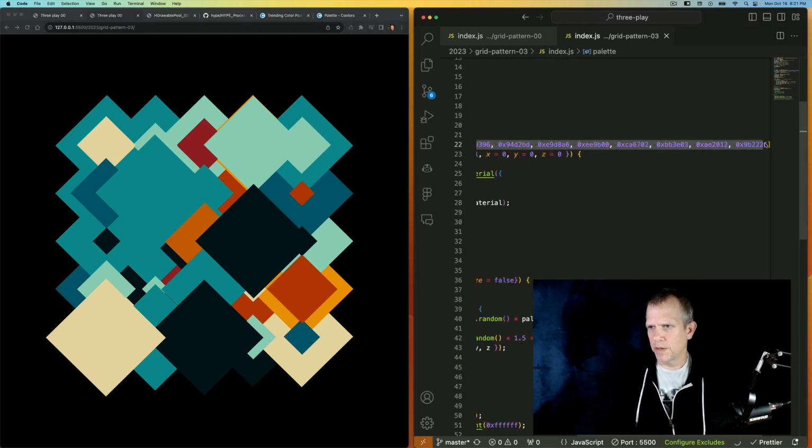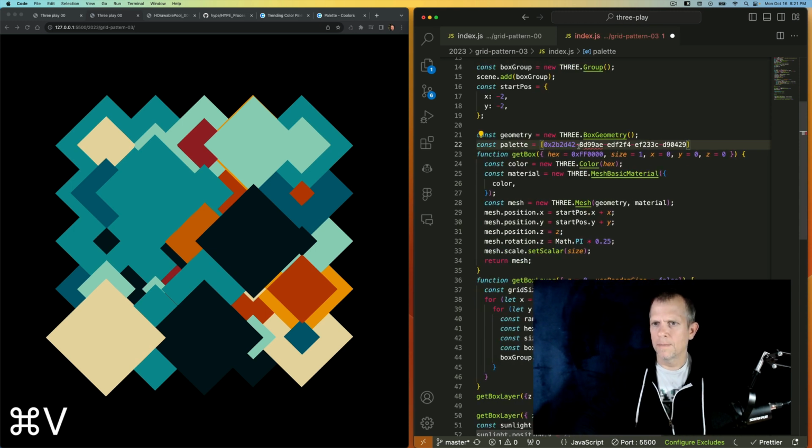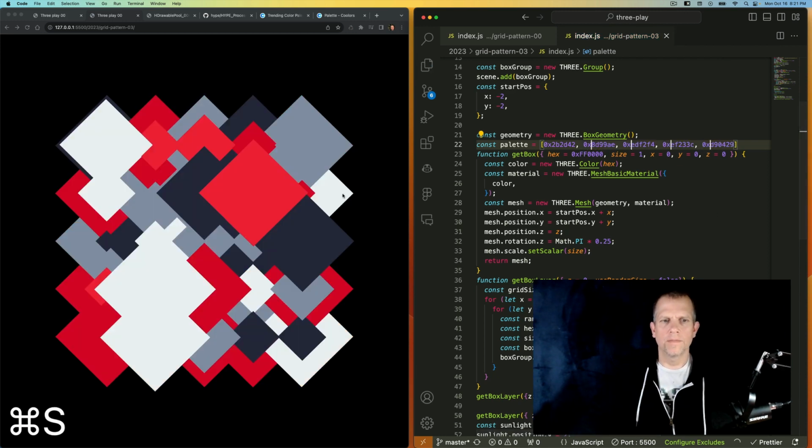0x. Paste that in. Let's just fix that. DDD. 0x. Okay, I'm liking that better. It has more of a graphic quality. By the way,